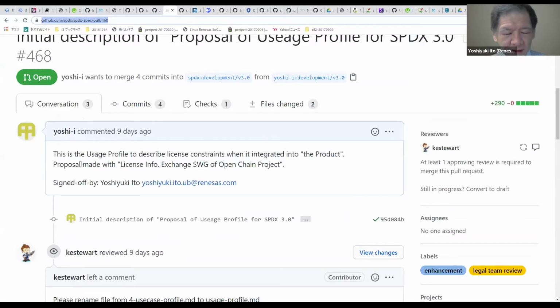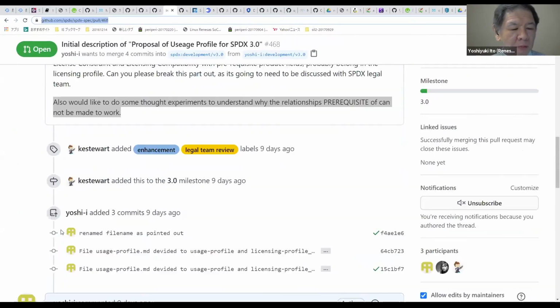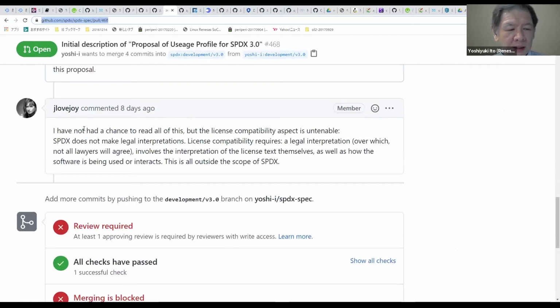However, right now, several points were pointed out by persons from the SPDX community, especially the SPDX legal community. So we have to solve these points, and perhaps I can share the current status of our usage profile pull request. These issues have to be solved. They also appear in the other proposals of the profile, for example, functional safety or security. And the most important point that the SPDX community made,